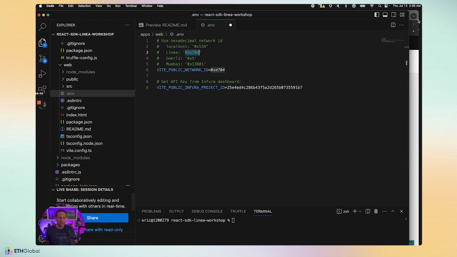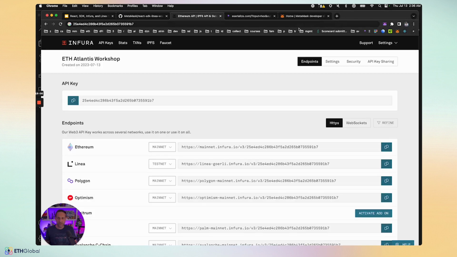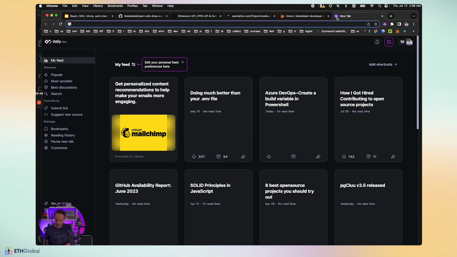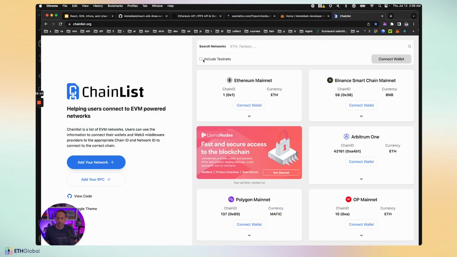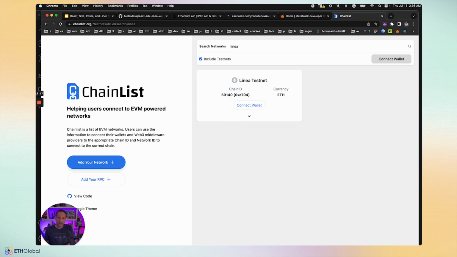Now, how do you get those hex chain IDs? It's fairly simple. I think the place most people would start is chainlist.org. And here you could include testnets. You could type in Linea and you would find the chain ID and you could find the hex version of that. Now, if you find the chain ID another way, or if you know it by heart, another thing that you could do